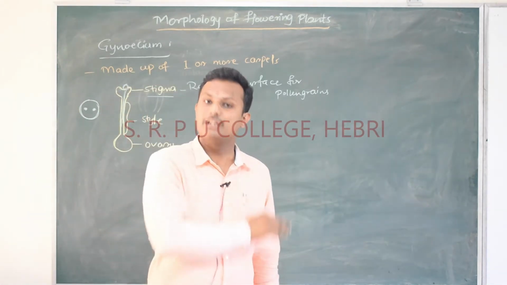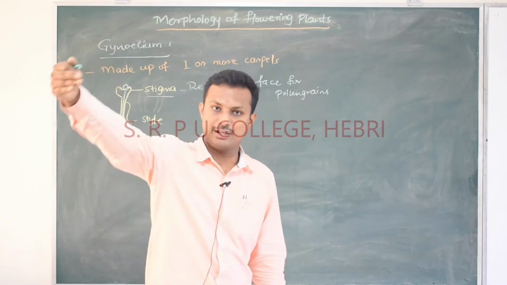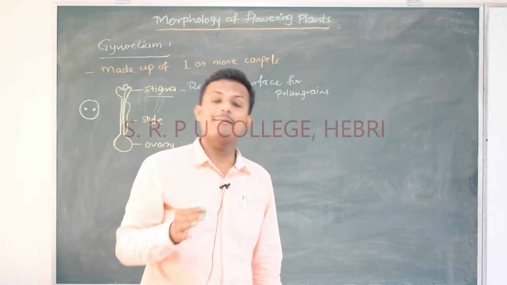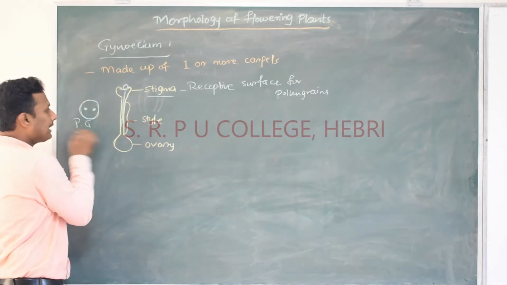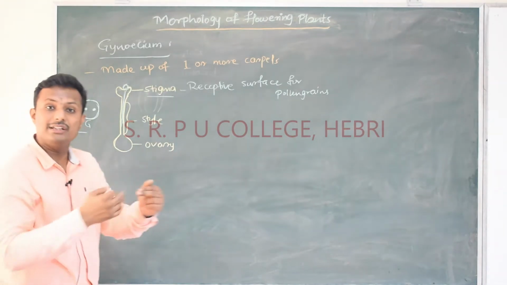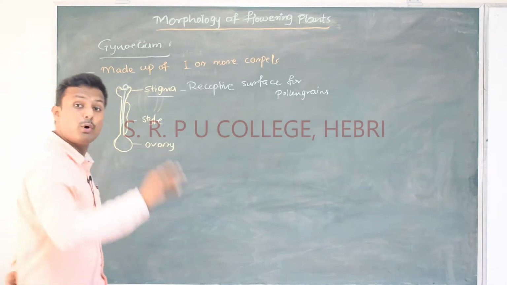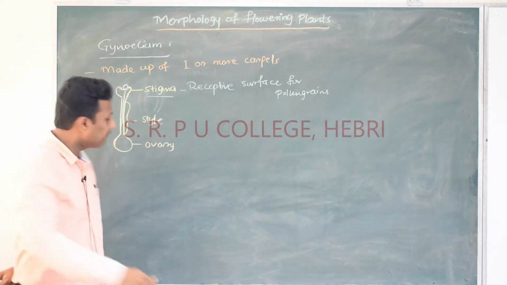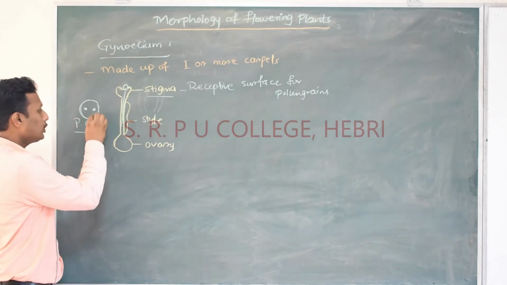but the pollen grain. Not only in the case of the angiosperms, even in the case of the gymnosperms also, the male gametophyte is represented by the pollen grain. And this pollen grain, when it comes and falls here, after the chemical interaction between the stigma and the pollen grain, now if the pollen grain is matching with this particular gynoecium, then what happens? A tube like structure